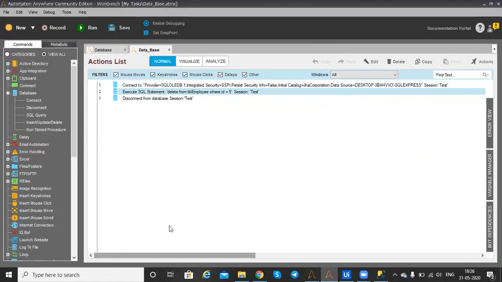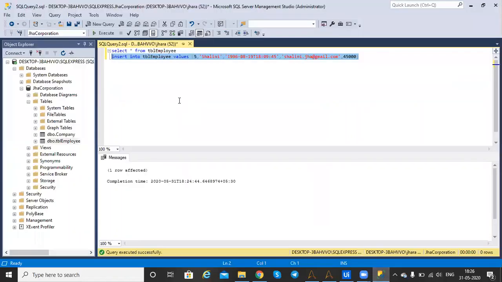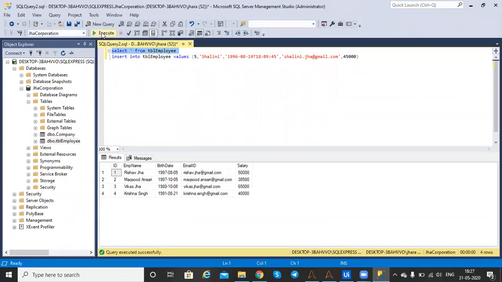Right now we have deleted the data, so let's execute this one. And we didn't get the data that we inserted into the database.